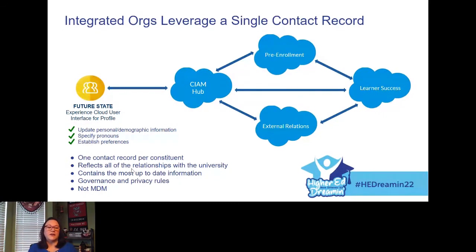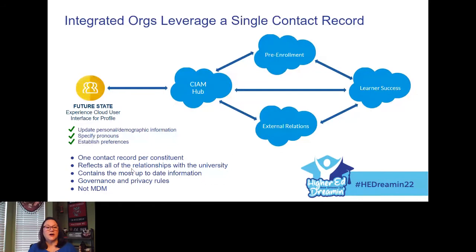So if we have an individual who attended the university and has an undergraduate degree, so they're considered an alum, maybe they have applied to the graduate school, so they're now an applicant. They're also taking a non-credit certificate program, and perhaps they're on the board of directors for the Humane Society or something. We can see all of that with the affiliations and the relationships on the contact record, and we want to have all of that synced up.